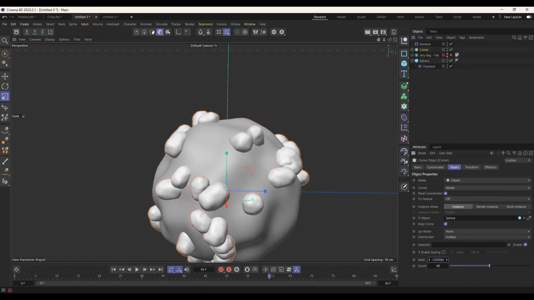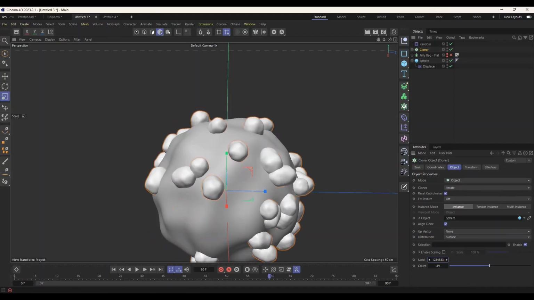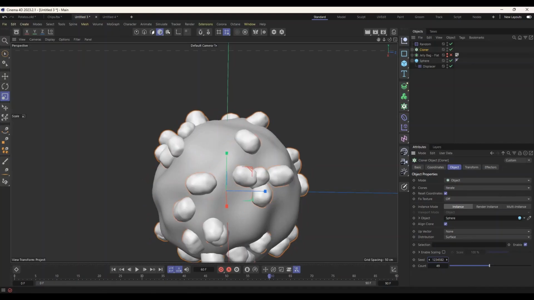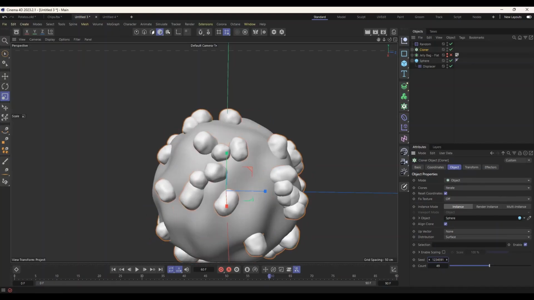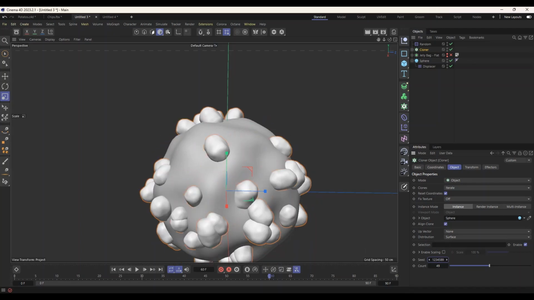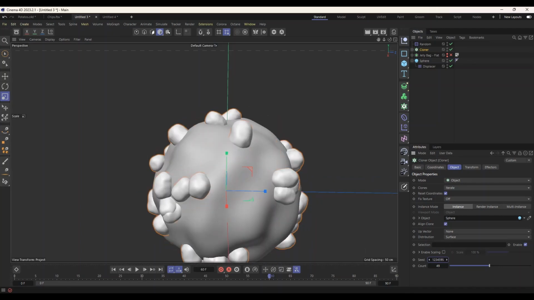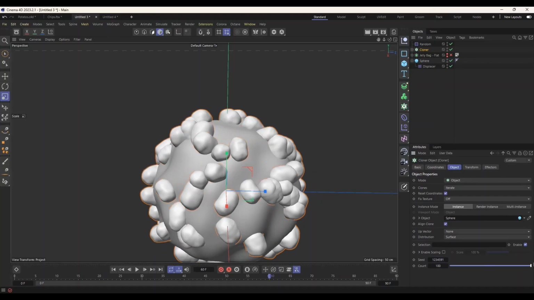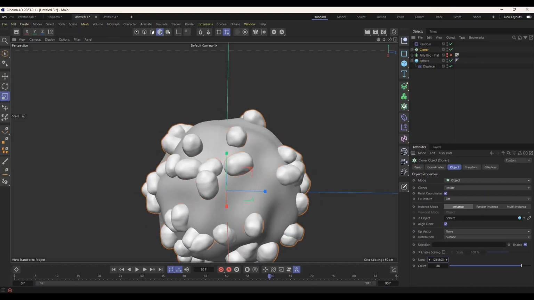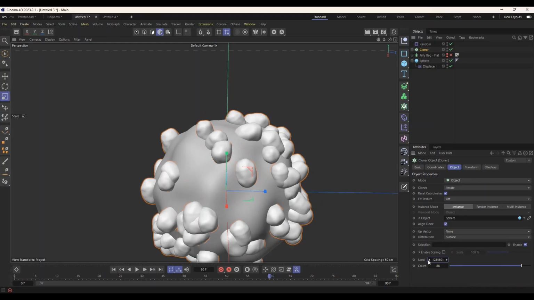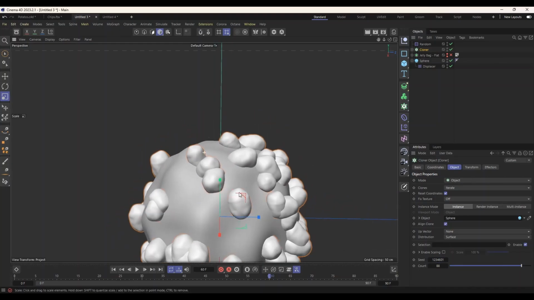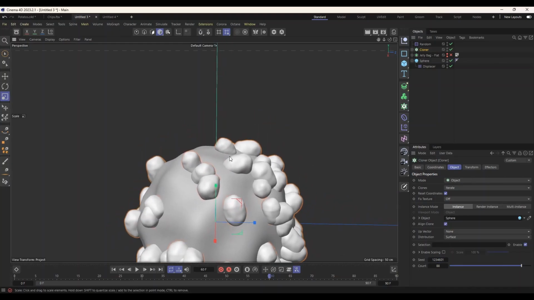Probably work around the seed to see which one is not intersecting with the other, because at this point adjusting the seeds will help. I'm still increasing the number. We'll obviously hide some part of it, so yeah, this should look okay. Now the next thing is to bring back our bag